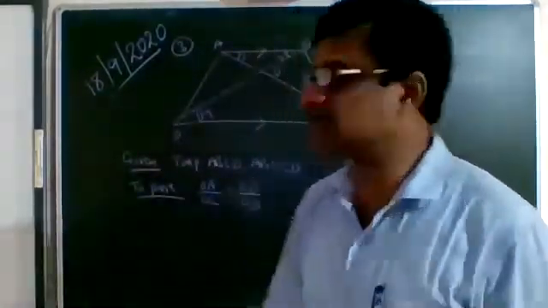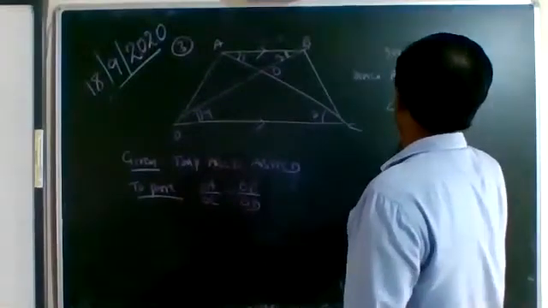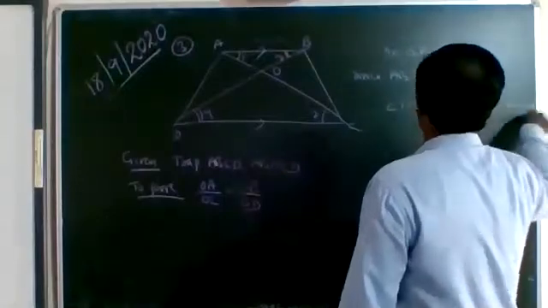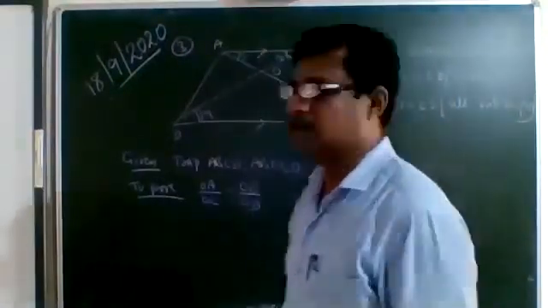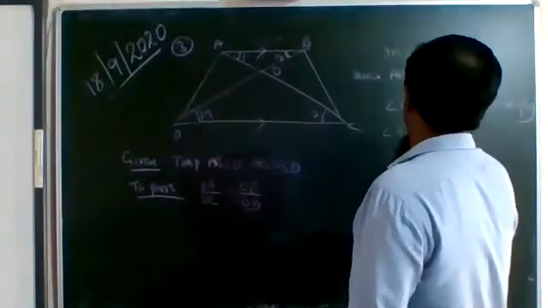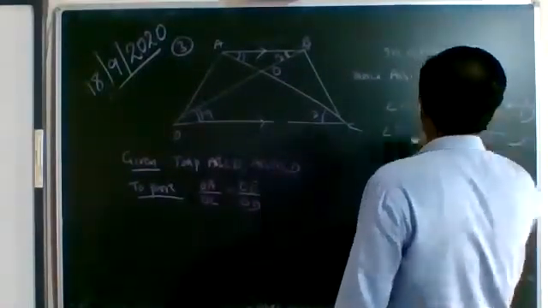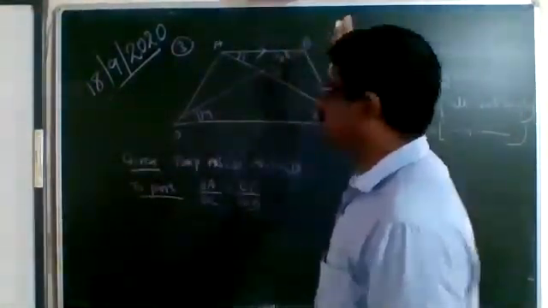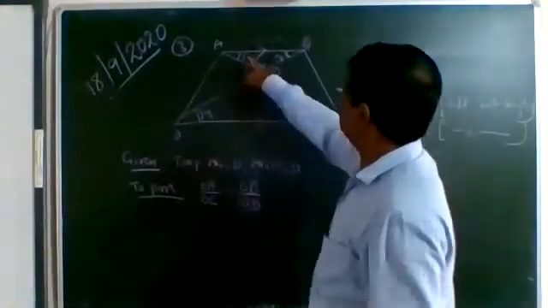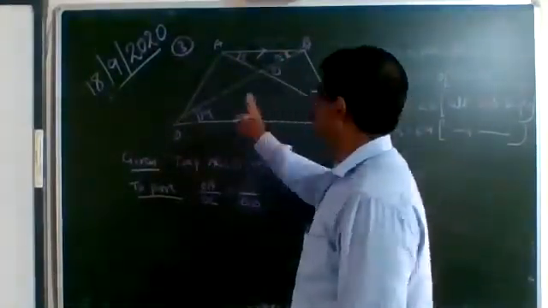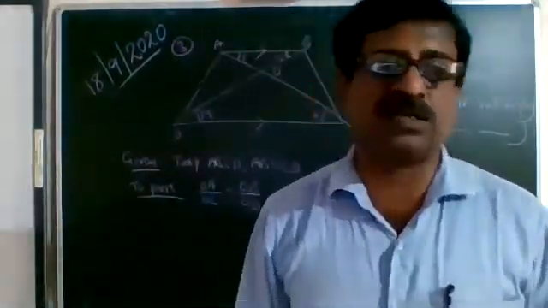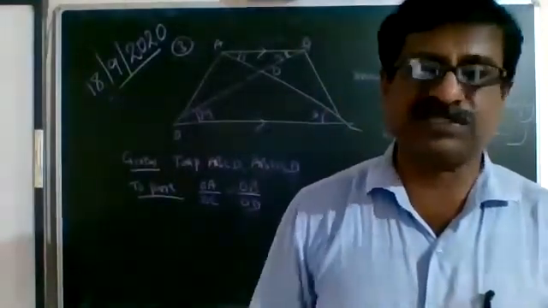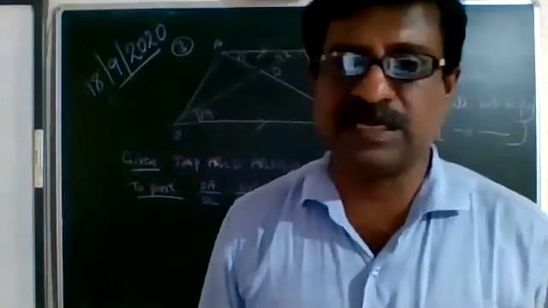If we are taking AC as a transversal, then angle 1 is equal to angle 2, being alternate interior angles. This time we are using alternate interior angles because the lines are given parallel. Similarly, angles 3 and 4 will also be equal. This time again alternate interior angles, but here we are using the transversal BD. Two angles of this triangle are equal to two angles of this triangle. The third angle is not necessary to show. If you want, you can show it by vertically opposite angles, but that is not necessary. Two is sufficient because the criterion of similarity is AA.